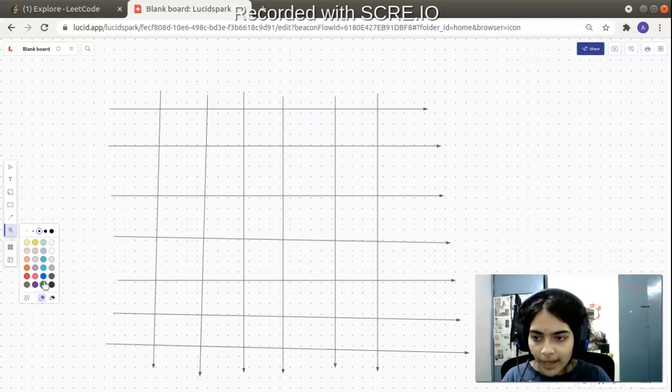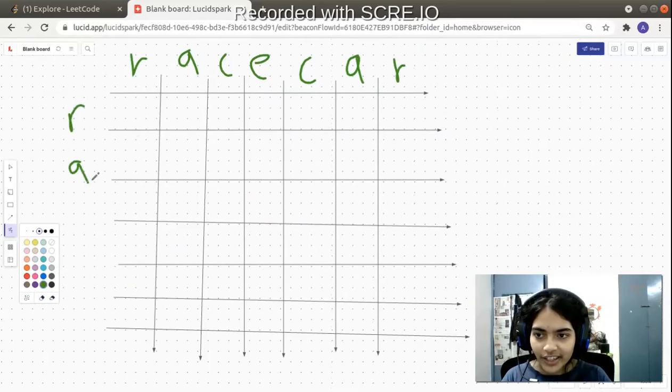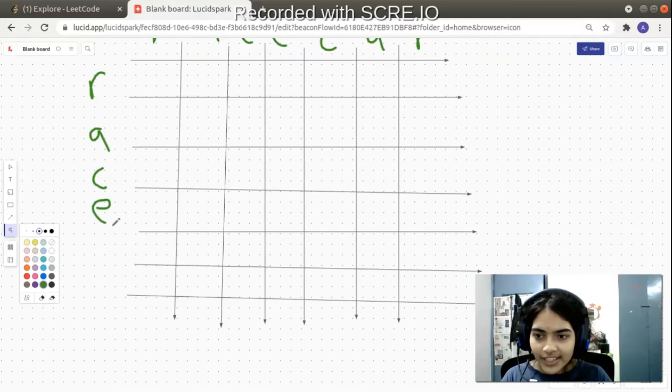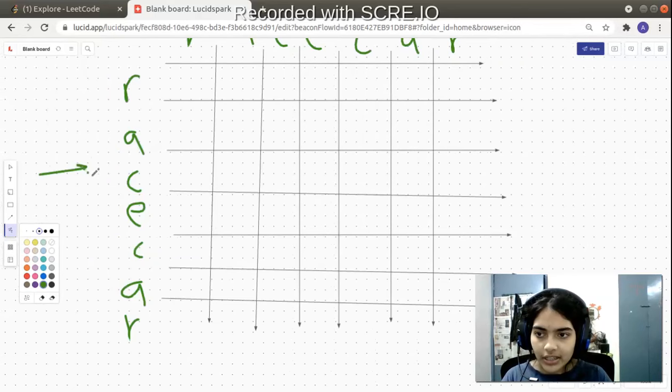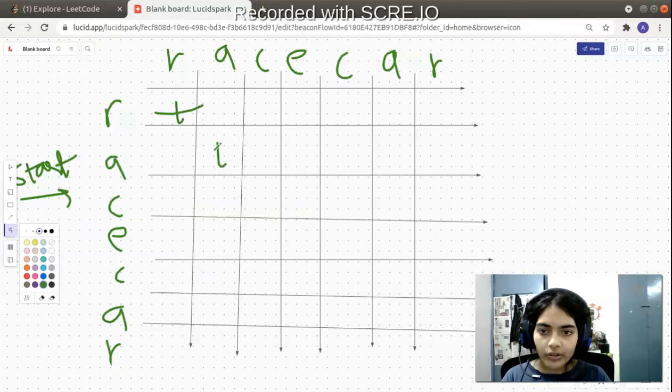I have mistakenly erased all the characters, because I gave the eraser that. So let me just fill everything again. So this is racecar. Now I have to build this DP table, and this represents the start, the character from where it is starting, and this represents where it is ending. And what did we see? We saw that all the diagonal values are true, because diagonal values represent single characters starting from that character itself, ending at that character index itself. Okay, what about the next values?